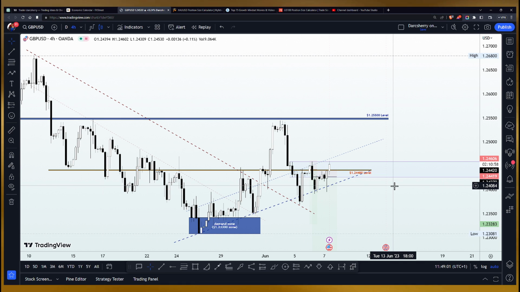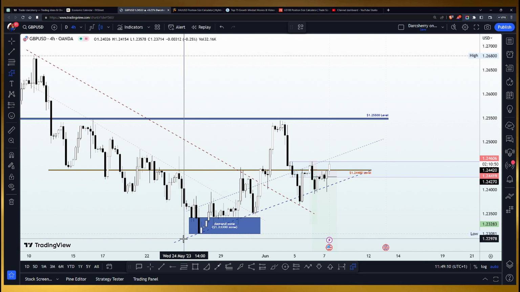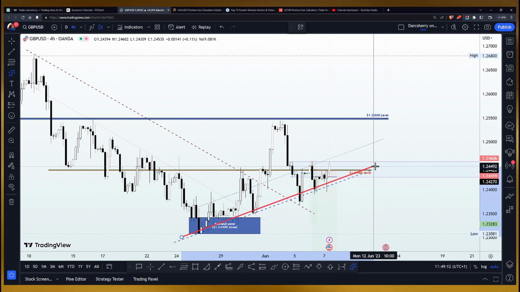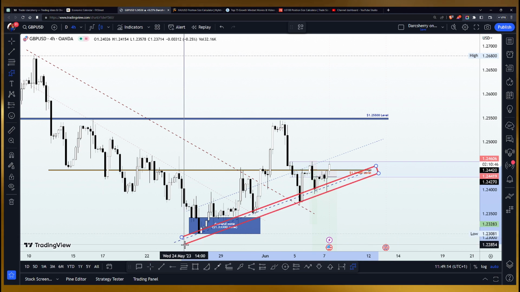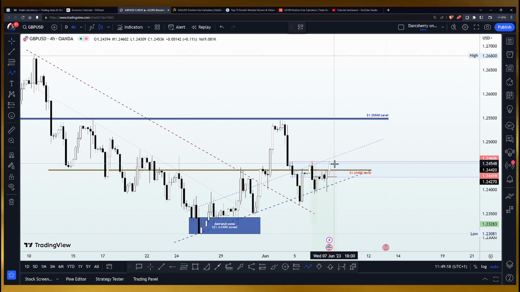If we are going to be selling the GBPUSD today, the only thing that will make us sell is to see price action breach this bullish trend line, which has been supporting this momentum since last week. A breakdown of that structure will be the only sign we are going to be looking out for to sell the GBPUSD.